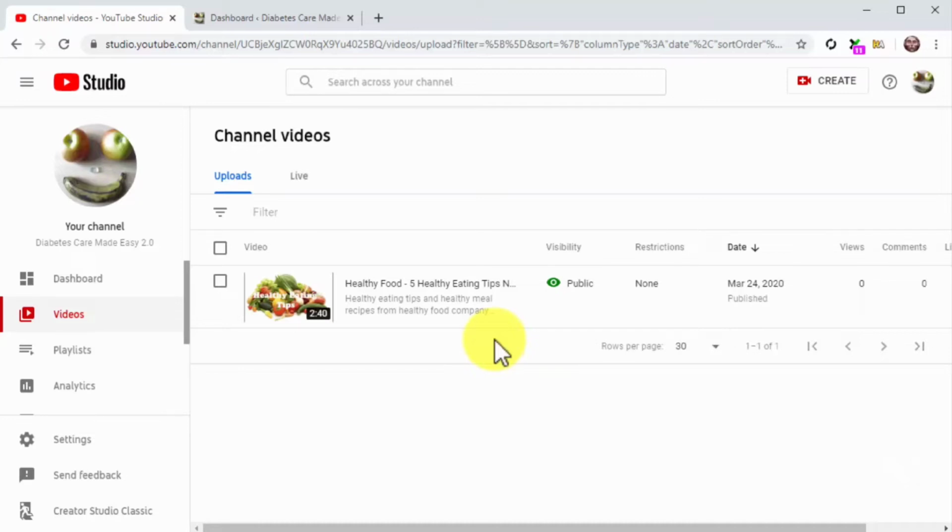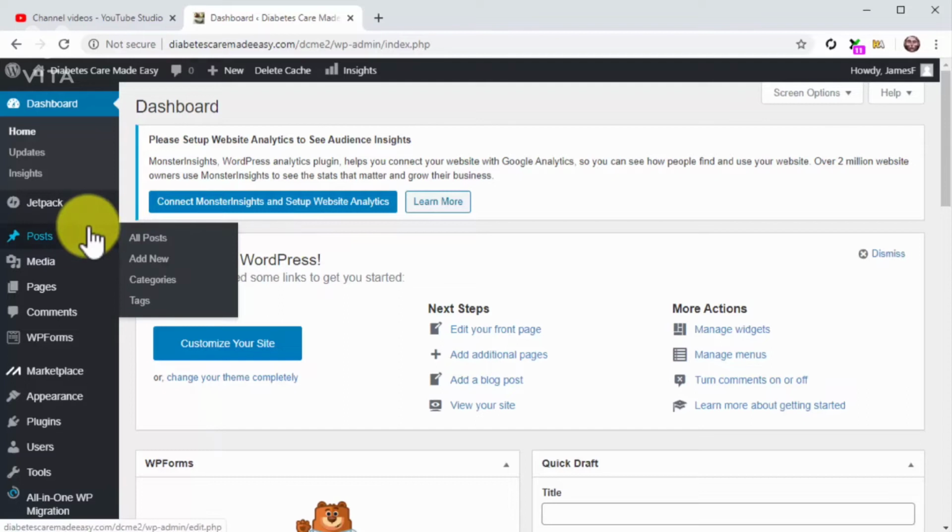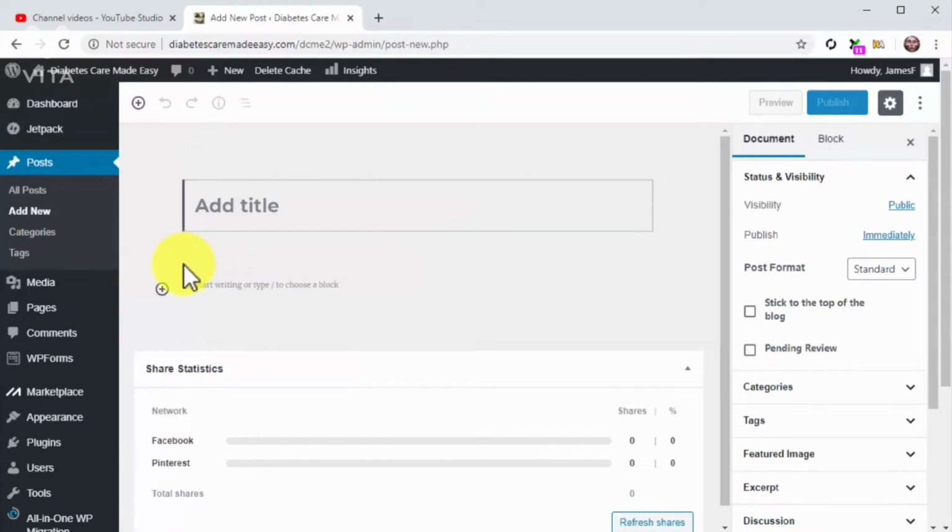For this example, we are going to create a blog post for our WordPress website. If you are using a different content management system, you might have to take slightly different steps, but the basic implementation applies. If you're using WordPress like us, follow these steps. Start on your site's dashboard and move to the Post tab on the left sidebar menu. Now click on the Add New option. This will open the post editor, where you'll compose your new blog post.